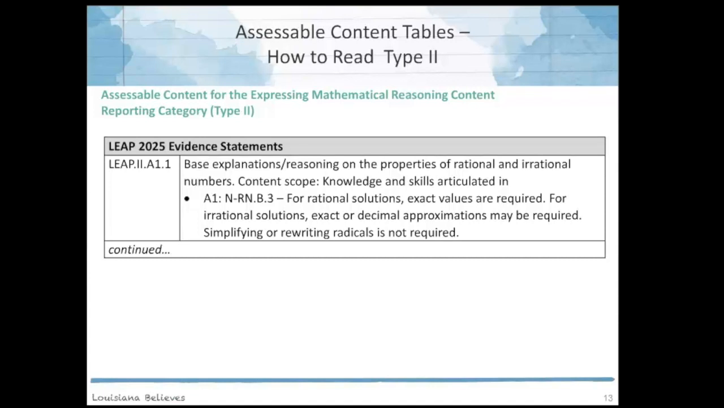Evidence statements for these look like this. So it starts with LEAP, Roman numeral 2 for type 2, A1 for Algebra 1, and then the sequential numbering starts over because now we're looking at type 2. And so it starts with the type of reasoning that we're looking for, base explanations, reasoning on the properties of rational and irrational numbers, and then the content scope is listed. So the standard that it applies to